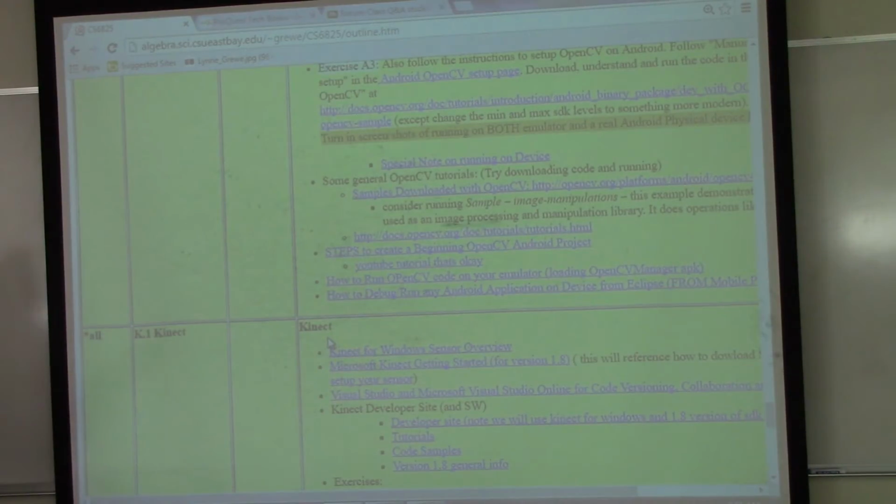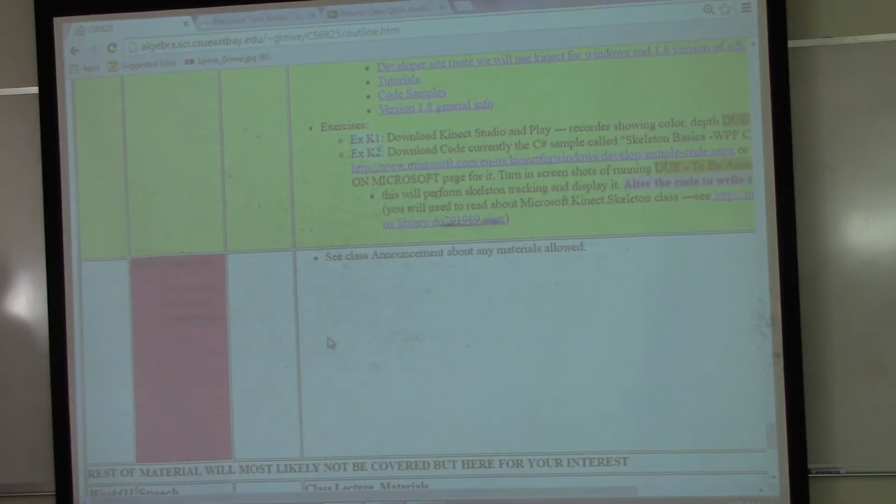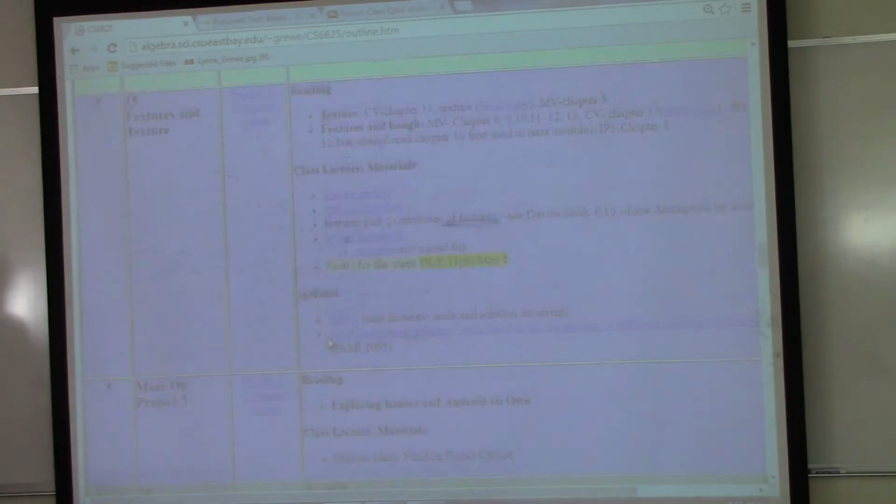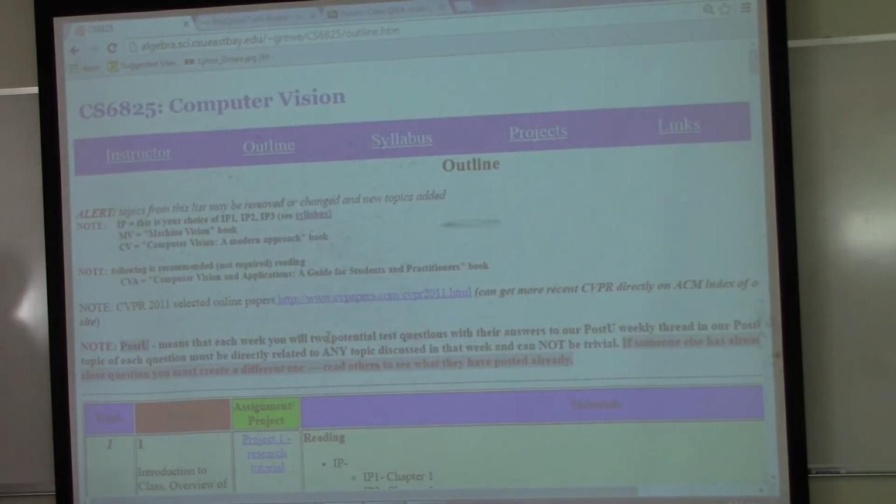And I'm going to update some of the stuff in Android that I haven't had a chance to do yet. I'm also going to put a link for Android to a mobile class that I teach that has a lot of information about Android, more than I would have put on the computer vision page. But the Connect material will be all self-contained here. There isn't another class that I teach on connecting. Okay, any questions about the outline before we talk about projects and exercises?